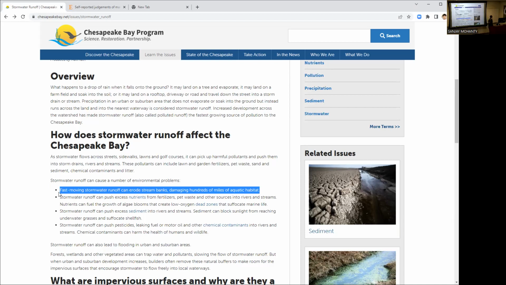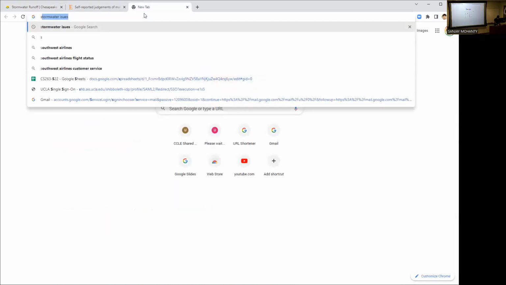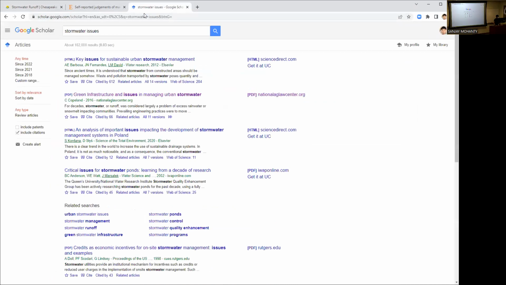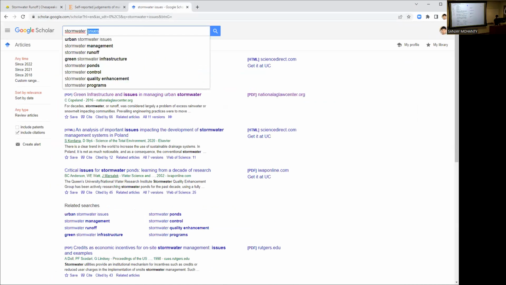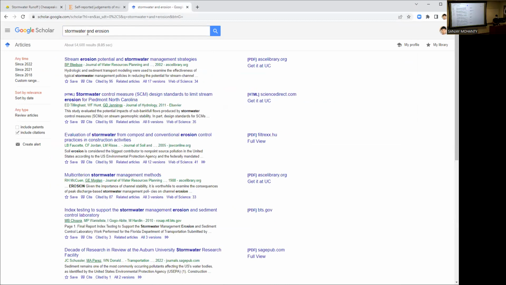So erosion is the main action verb. So your goal is stormwater and erosion. So these two keywords. So I'm going to go there, and I'll go to Google Scholar, and search stormwater and erosion.